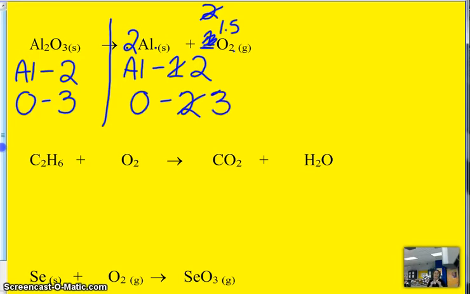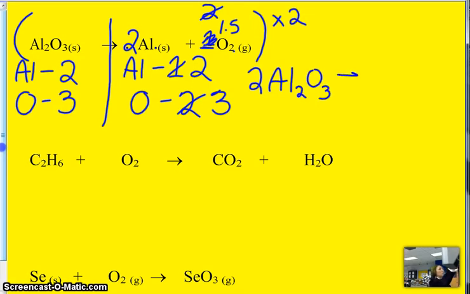However, you cannot have 1.5 molecules of oxygen. That's impossible. So if you balance using a half, like I did here, you have to get rid of it. You have to take all the coefficients in the equation and multiply them by 2 to get rid of the half. So that would be